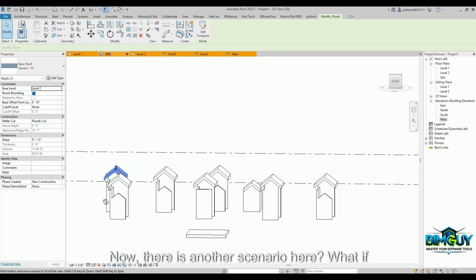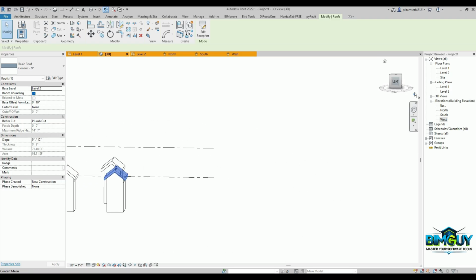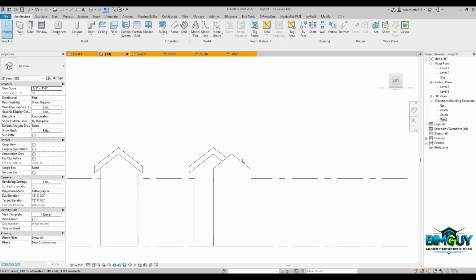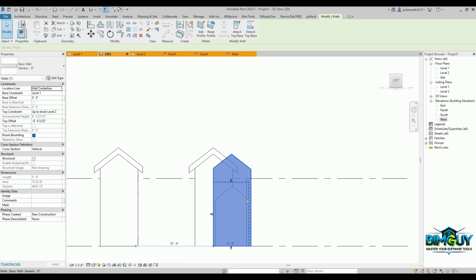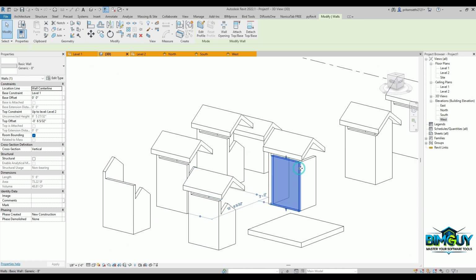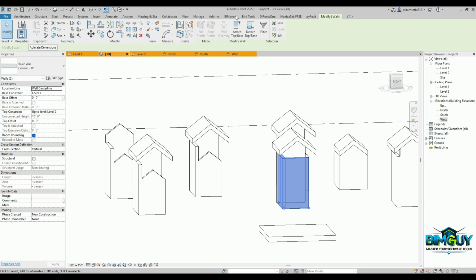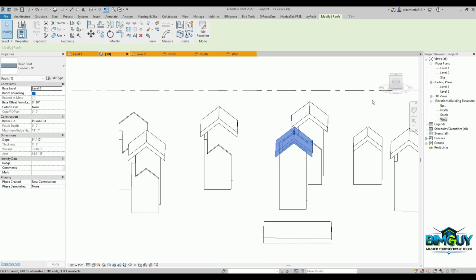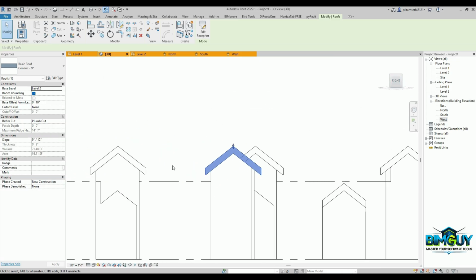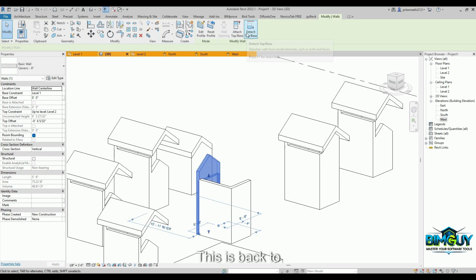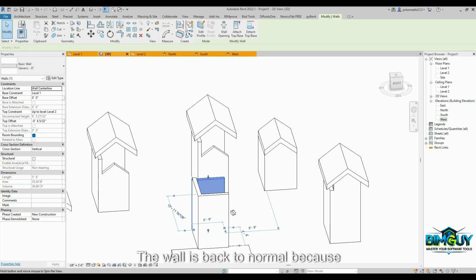Now यहाँ पे एक और सिनेरियो है. What if I delete this roof? And this is edit profile. Okay. Attach this wall to the roof. Now delete this roof. So see, this is back to normal. The wall is back to normal because